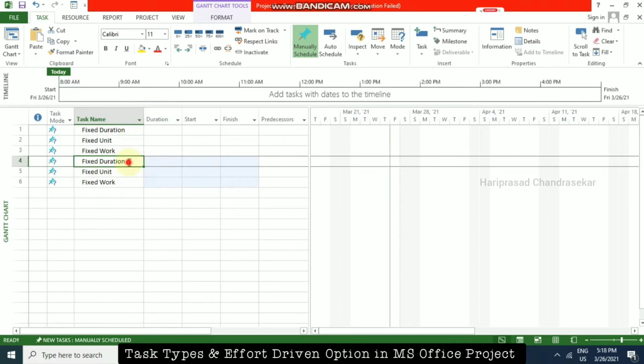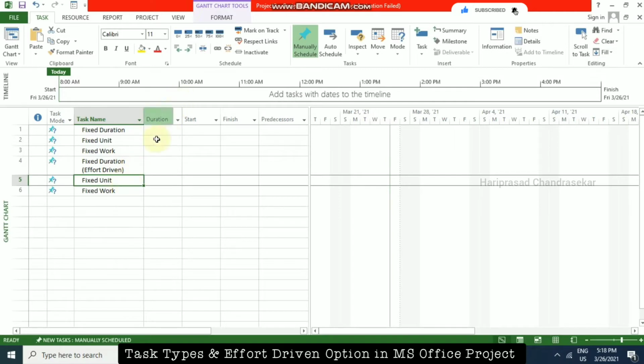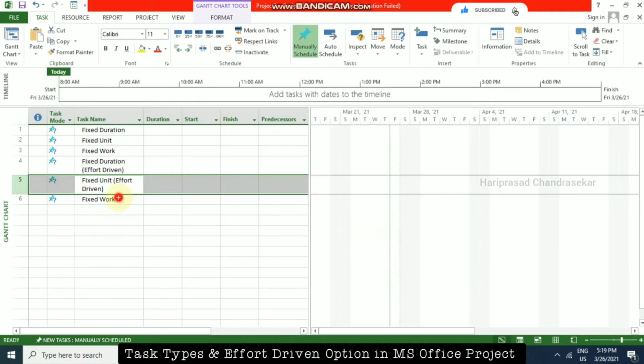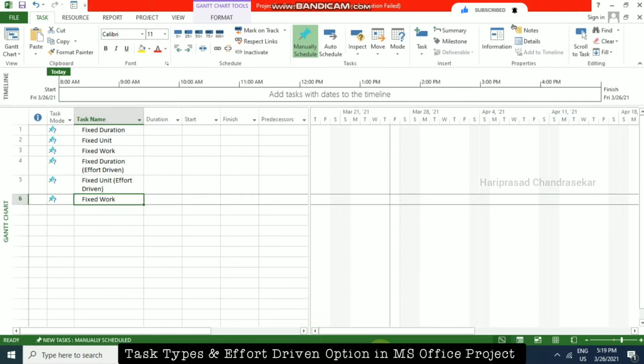For fixed duration, double click, and I'm just going to put effort driven. And fixed unit, I am just going for effort driven. So fixed work.